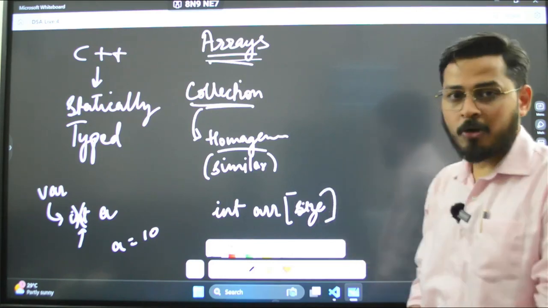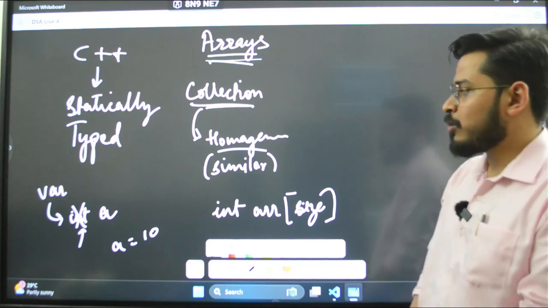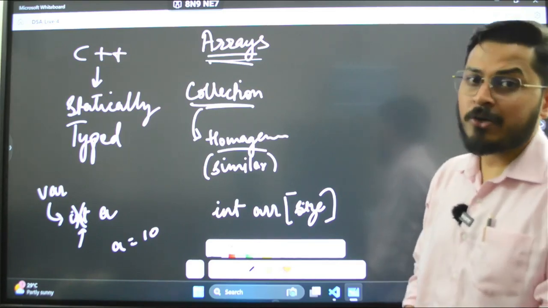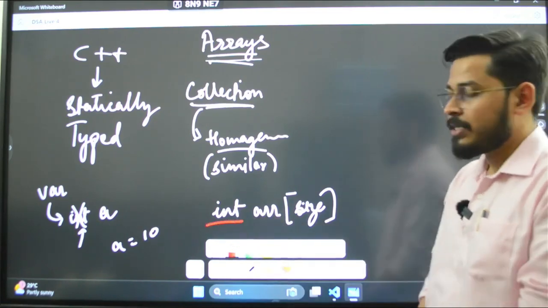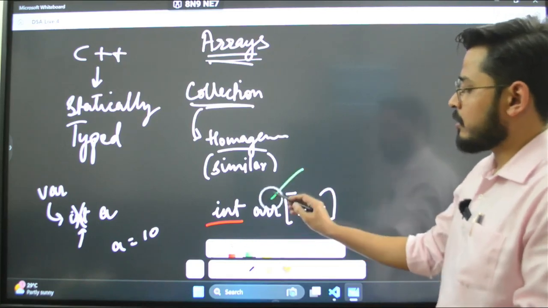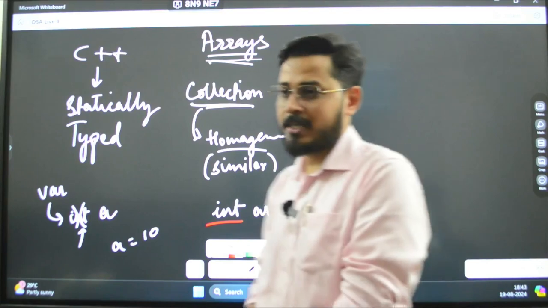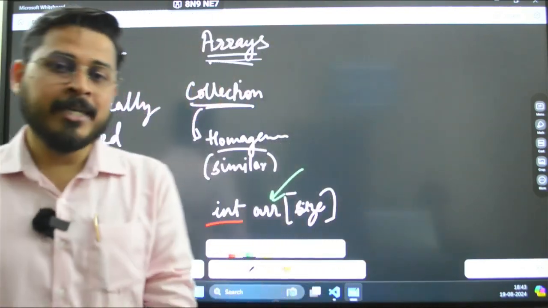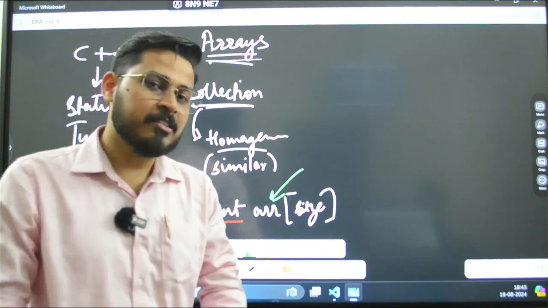You can mention whatever size you want, however big an array you want to create. But there should be a data type, which ensures that all the things kept inside this array are of a similar or homogeneous type, which maintains the property of an array.